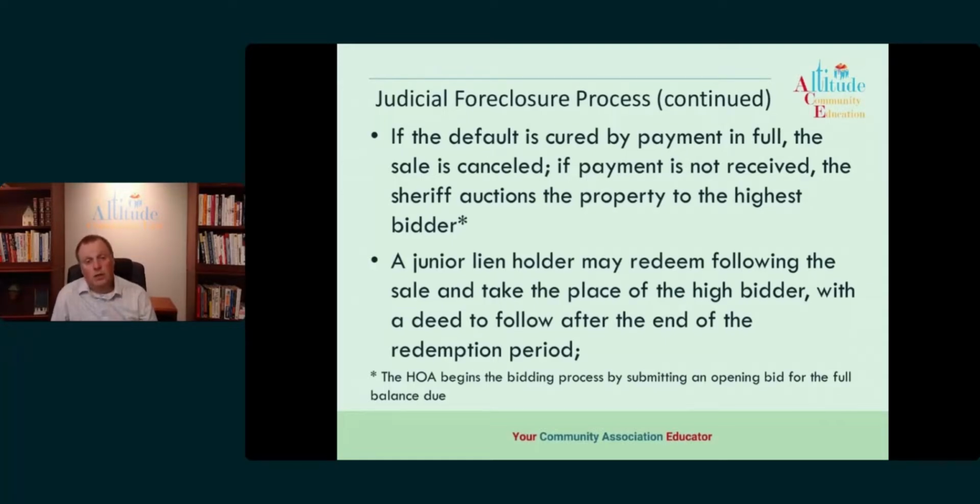If an investor comes in and buys, which is great, the investor will pay off the association. If there's any money left over from that, it's what we call an overbid. And so the other junior lien holders may have the ability to submit funds to get paid off by the overbid. So if say we were owed $20,000, an investor comes in, buys it for $40,000, there's $20,000 worth of overbid. The first person who's going to get that, if there is a first mortgage, is going to be the first mortgage. That 20 grand will go to the first mortgage.